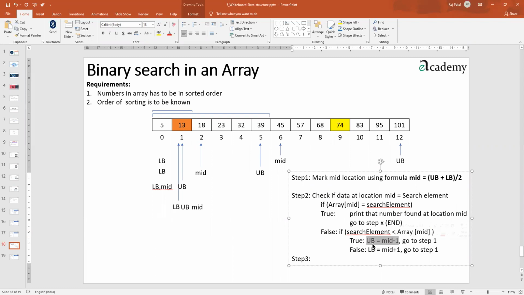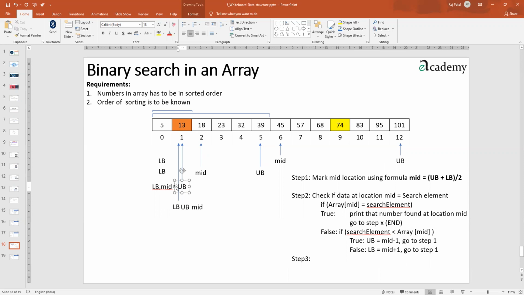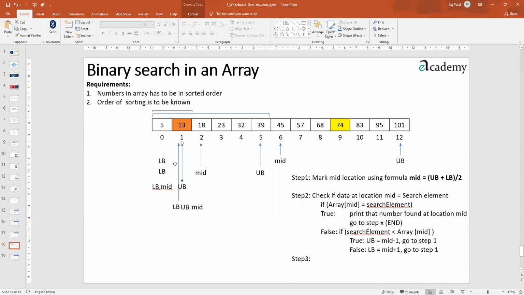What is it? Do mid minus 1. UB will become mid minus 1. Mid is 1, minus 1 will make it go to that particular position. That means it comes to this point. In that case, UB will come over there.